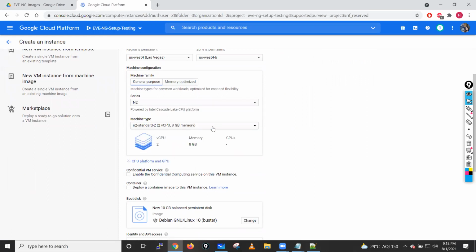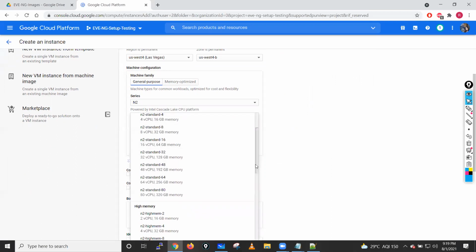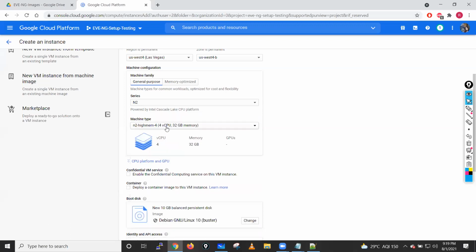In general purpose, you can just select general purpose, and for series, select N2 series. And then just go down and select N2 base. Or what I can do, let me go down, I will select 4 CPU and 32 GB memory. I will select this particular instance size. Okay,